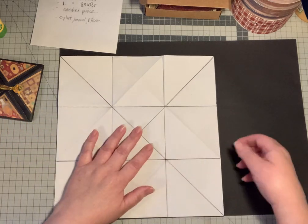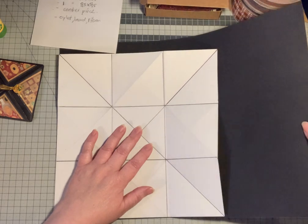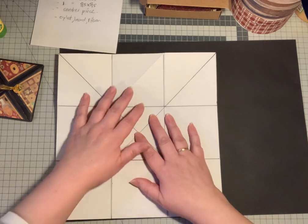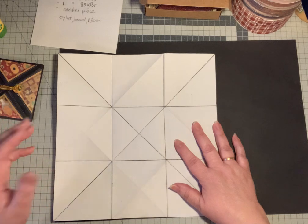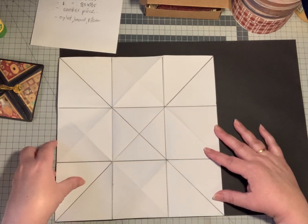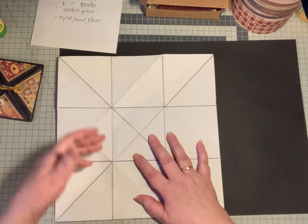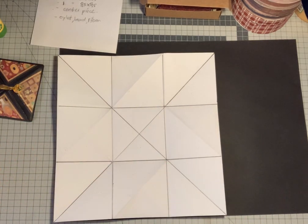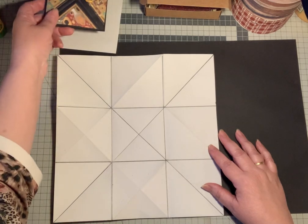But now I did, because of the papers I've got, is A3, and that is not 30, and it's, well, not easy. So I thought I'd make it easier for you, and I take 27 by 27. That way you can divide it in 9, 9, 9. So I'm gonna cut that paper